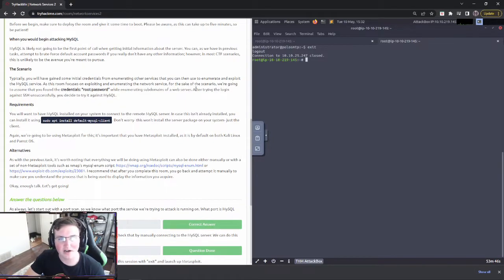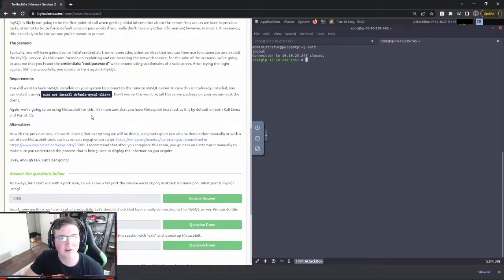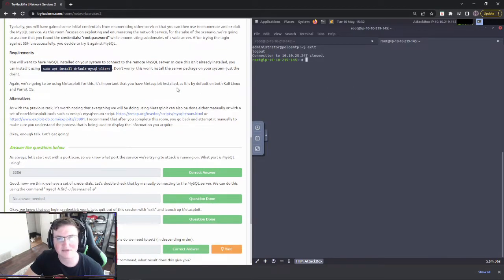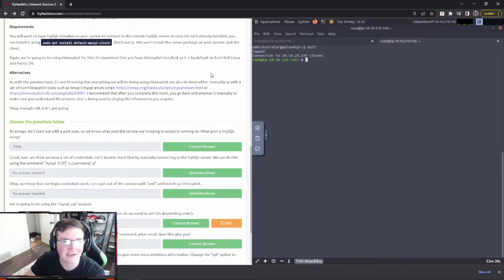Okay, so we tried to use the login for the SSH with root and password. It didn't work. But we know that MySQL is running on this because we did a port scan, right? And keep in mind, guys, on the attack box, I did have to actually install the MySQL client to get it working. So if you type mysql and it gives you something that says you need to install these two things to use it, just install those two things.